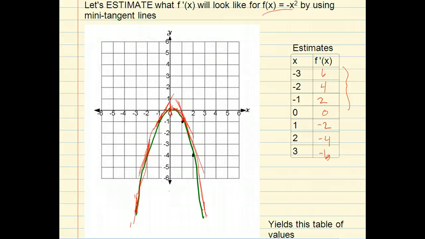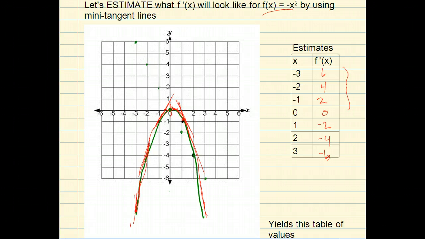Okay, so if I try to actually plot those values, let's see what happens. So why don't we do that in green this time. Alright, so at negative 3, it looks like the value of the derivative is 6. At negative 2, the value of the derivative was 4. At negative 1, the value of the derivative was 2. And at 0, it was 0. And at 1, it was negative 2, and at 2 it was negative... Oh my goodness, do you guys see what's happening here? It's negative 6. I don't know why I picked green because my graph was in green to begin with, so